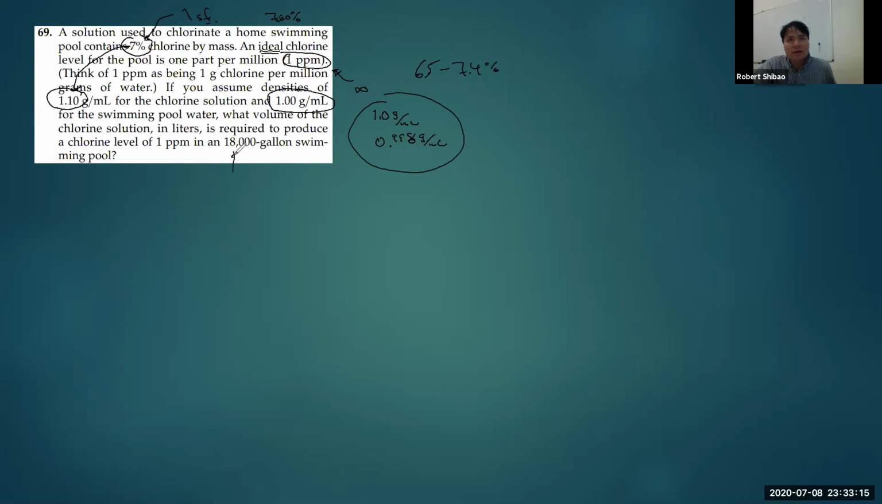18,000 gallons, this could be infinite or 2 sig figs. Infinite in the sense that if you start off with exactly 18,000 gallons,